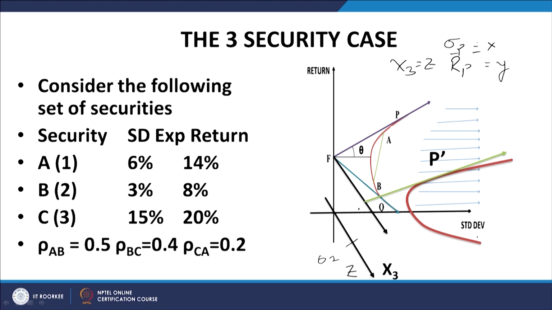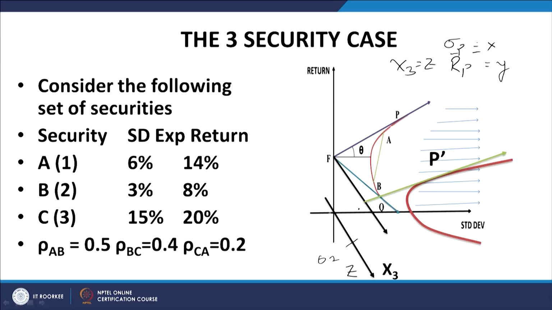For x 3 equal to 0, I get a hyperbola. For x 3 equal to 0.1, I get another hyperbola. For x 3 equal to 0.9, I get another hyperbola. So, what I am getting is a hyperbola on planes which are parallel to the xy plane, corresponding to different values of the z coordinate. Different values of z coordinate have a plane parallel to the xy plane, and on that plane you get a hyperbola. This is what the portfolio possibilities region looks like.